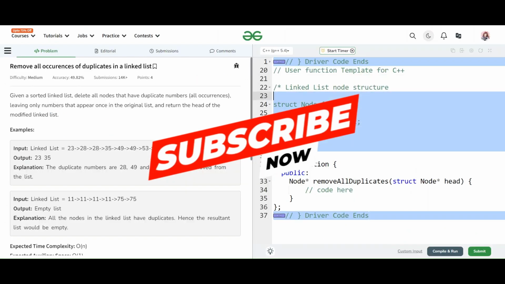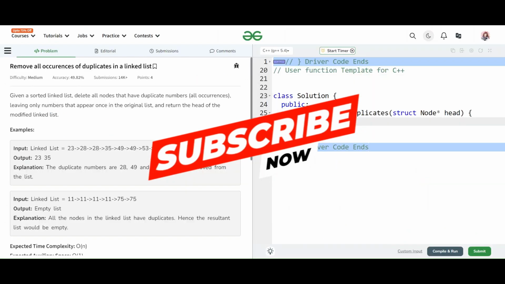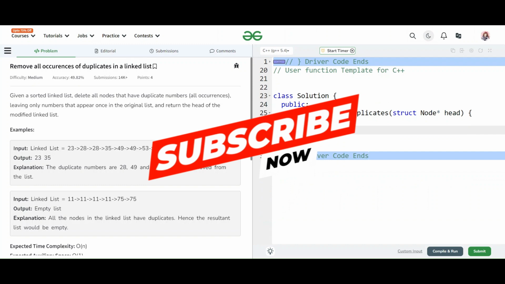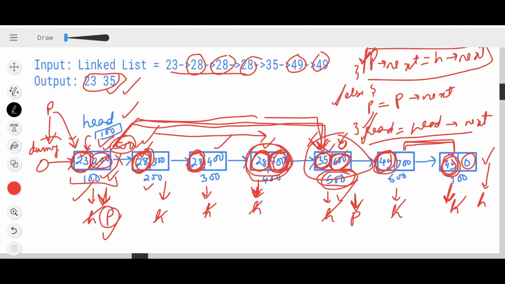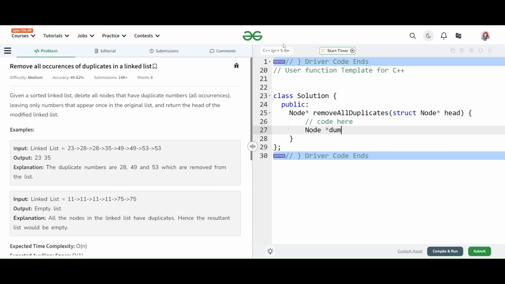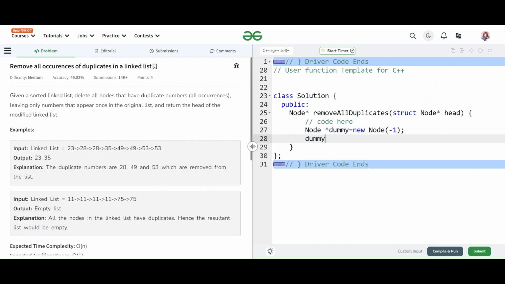Okay, so let's implement the code now. At first, I took a dummy node and pointed it to the head node. So we'll do the same thing here. It's a dummy node, and we'll point this dummy node to the head node.